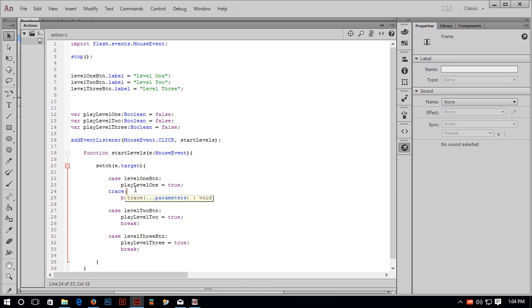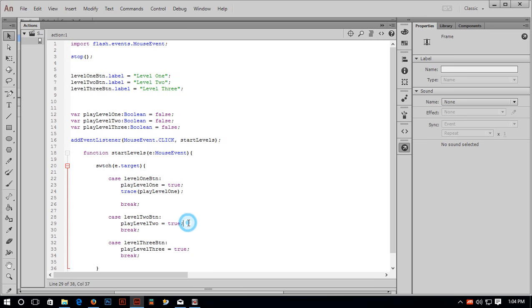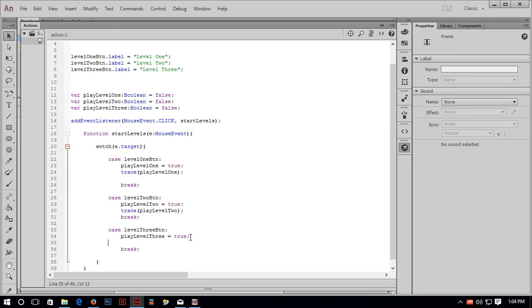And I would like to trace this Boolean so that I can see it's working. Trace this Boolean, copy this, paste it for the level 2 button and trace this Boolean, and this one as well. If I save it now,